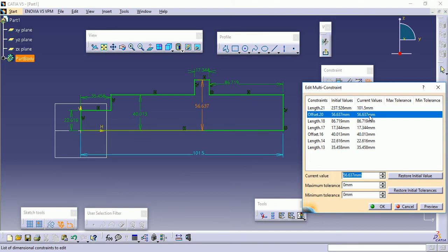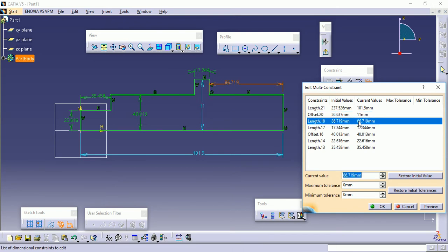This dimension is, so total diameter is 22. So we are making a half sketch, so here we will take 11. This dimension is 11 plus 49 plus 4.50.